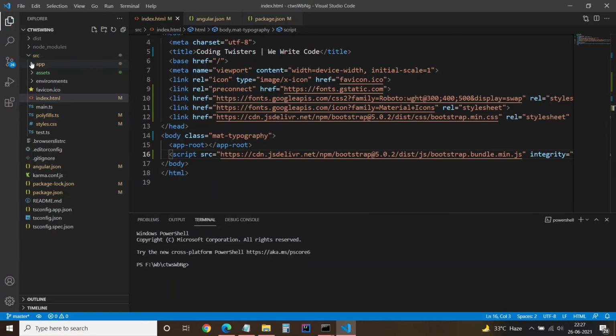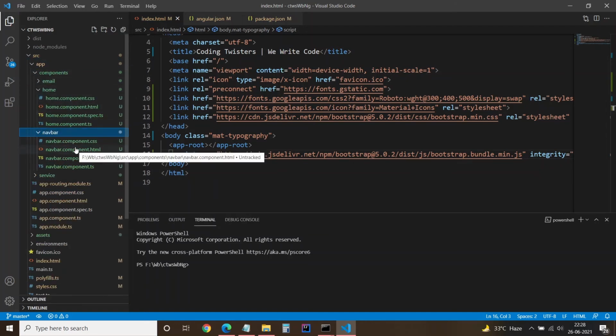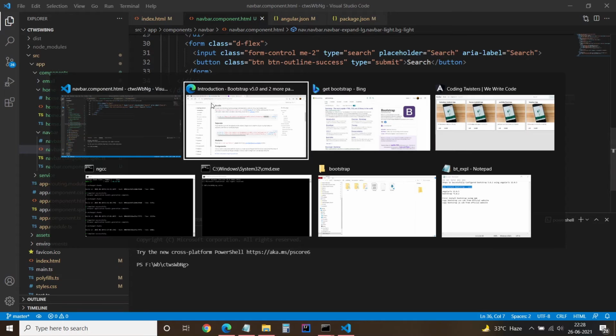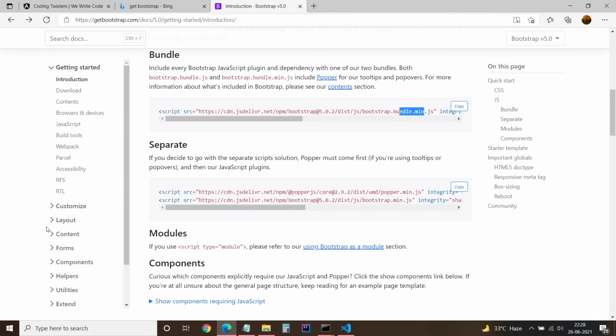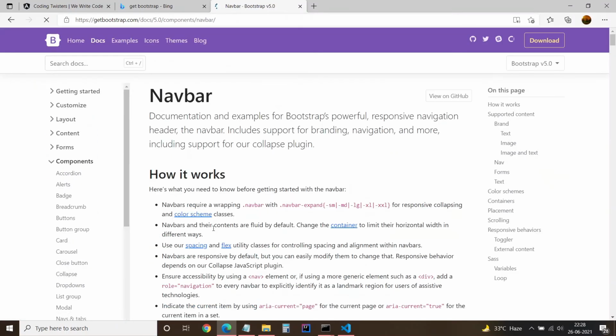So let's see by applying it. I have a navbar component. You can make use of it. I will go to the components and navbar.